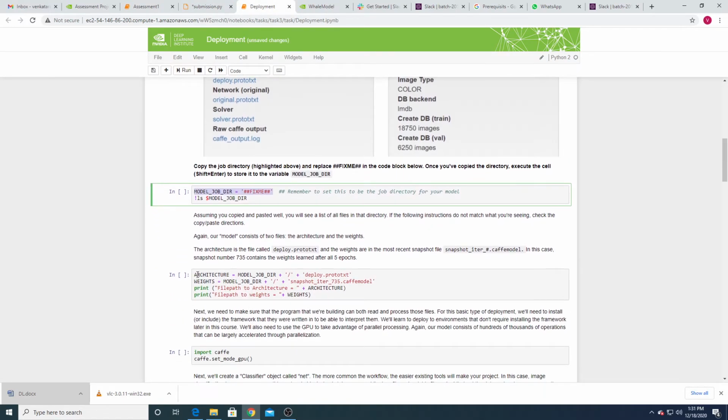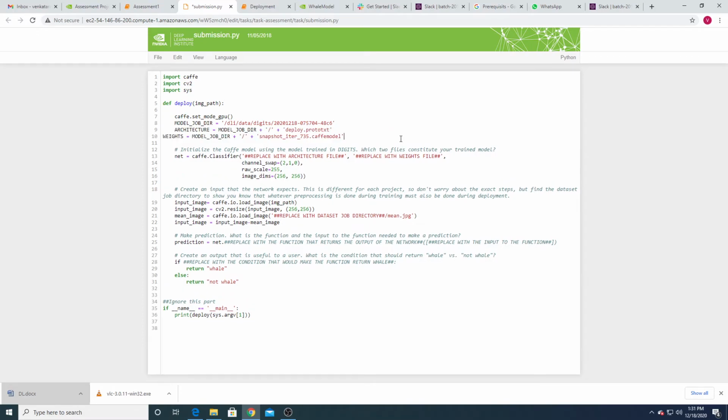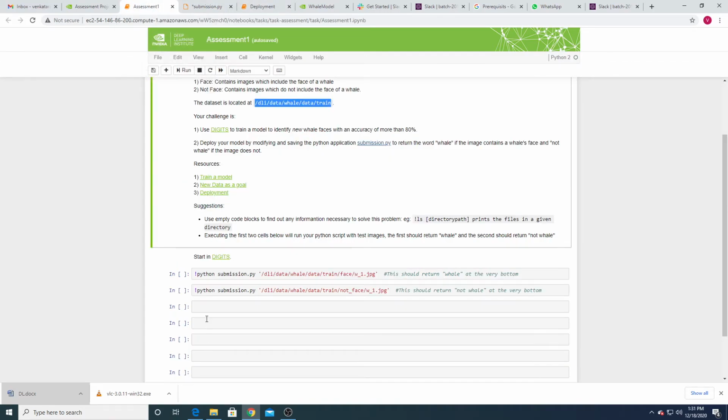Now you have to give the architecture. You have to use these two things. Architecture and this one, deploy.prototxt, and you have to check what it's giving. It's better to execute this outside, where in the assessment they are giving some cells.